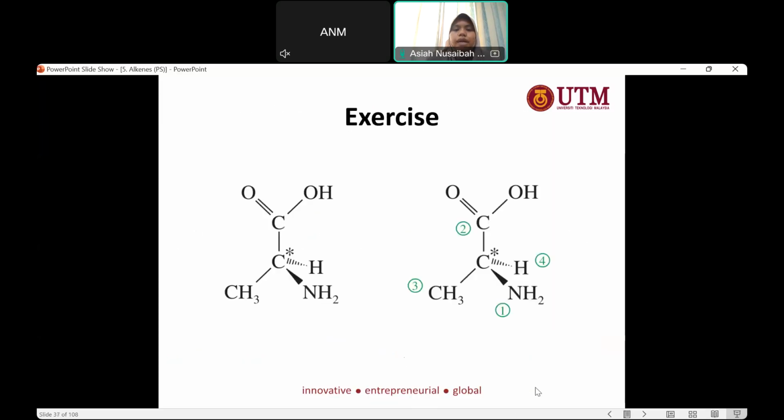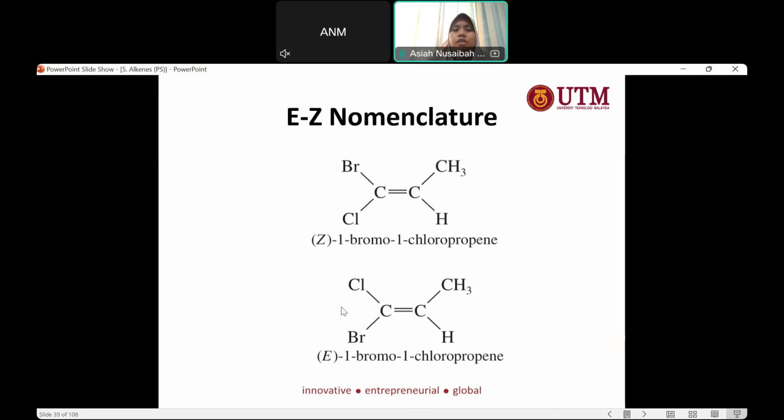Okay, go back to the structure just now. So now the top will be second priority, 2 Cl, 1 Br. While on the right-hand side, just now was the left-hand side, on the right-hand side, C is the first priority, H is the second priority. Now we have a contrast. Left-hand side, 1 at the bottom, right-hand side, 1 at top. So since it's a contrast, it's a trans, or an E. So E, 1 bromo, 1 chloro, propene. So that's how we name the E